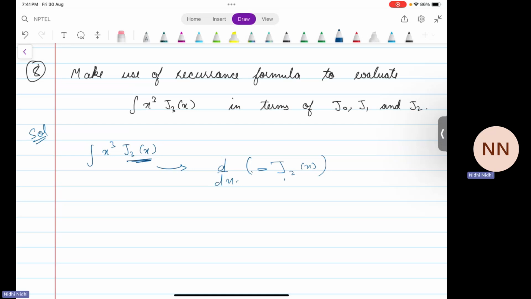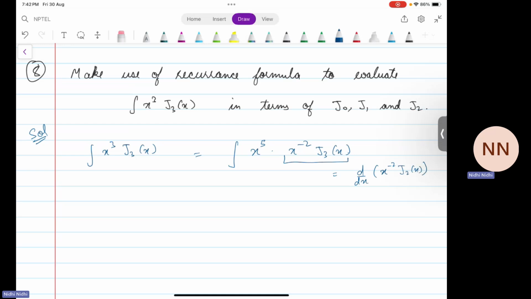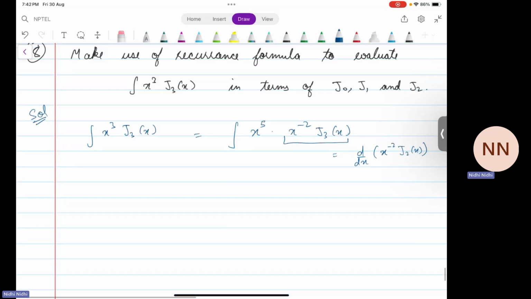Then only we can go to lower value of alpha. So we'll write this to be equal to x power 5, x power minus 2, J3x. Now this is equal to d by dx of x power minus 2 J2x by the second property of the basis function